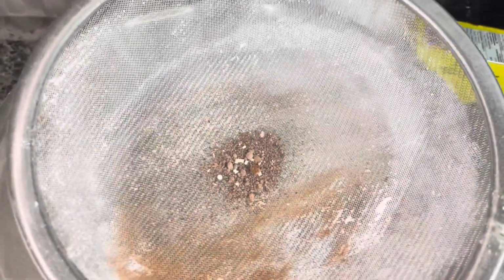After you finish sieving, you are going to combine this. Make sure you sieve. See, this is the reason why you want to sieve. Then just combine it and set it aside, and then we're going to prepare the